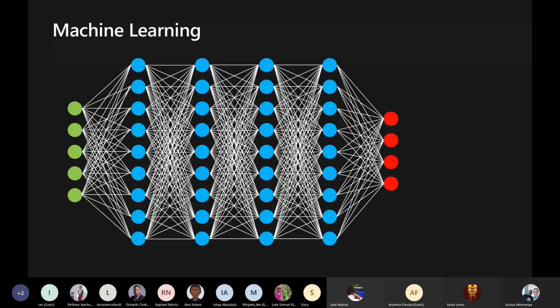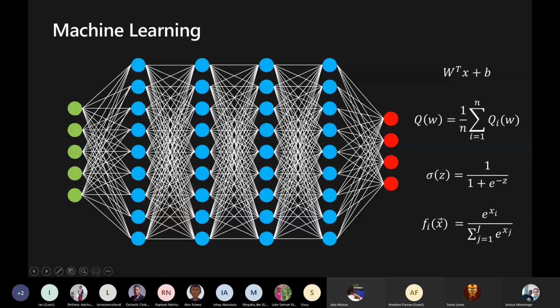So to begin with, I'm going to demystify a few things, and that is artificial intelligence, machine learning, and deep learning. If you've been to a talk where someone is talking about machine learning, you've definitely come across this scary diagram, where it shows different layers interconnected. Basically, machine learning is a set of algorithms that are used to train